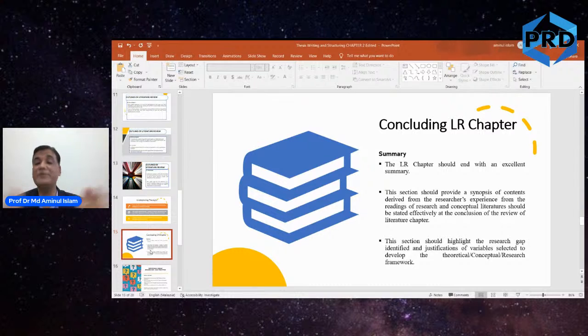But again, it cannot be too long. If you write too long a summary section in the literature review, then you might be repeating the same thing that we have covered in the whole of chapter 2.